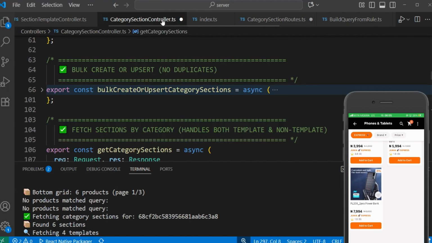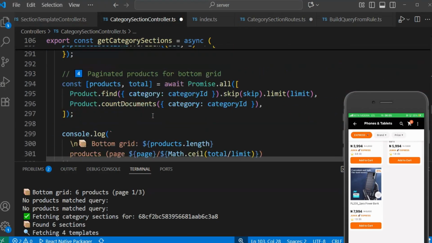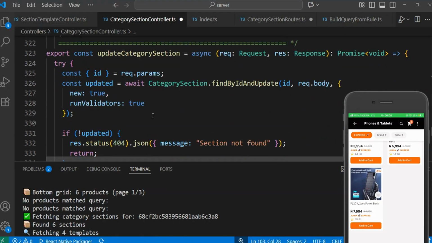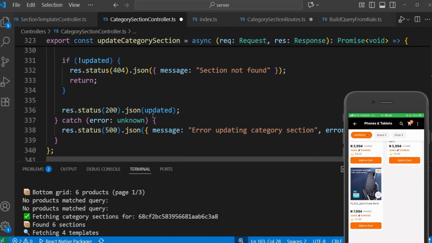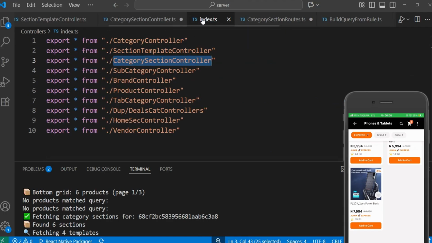So this is the update. Let me just show you around the update and the delete function. So update section, this is the update section, and then this is the delete section. We'll not be wasting time on that because that's not our focus area currently. So we have